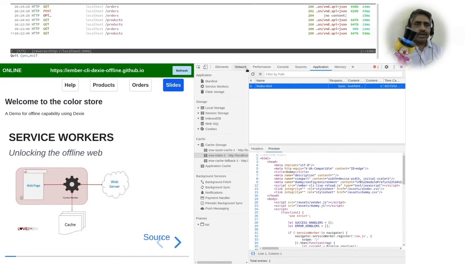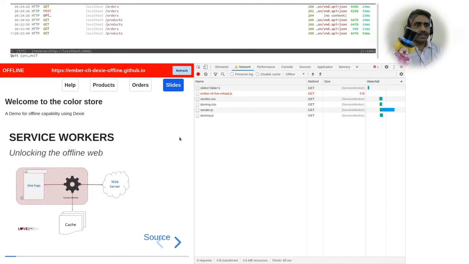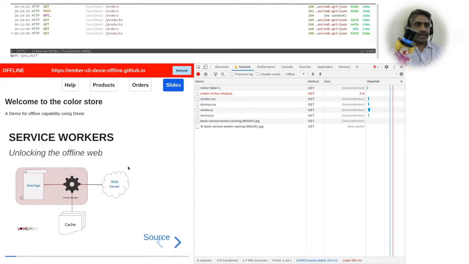Let me quickly demo the offline functionality for you right now. I just switched over to offline, and I'm going to do a refresh of the page. We are back again in the same page that we were on even though we were offline. That means that the service worker, if we go to the network page, we see that all of the requests, the index page, the CSS page, the JavaScripts have been serviced by the service worker. Now we'll talk about the image in a little bit.